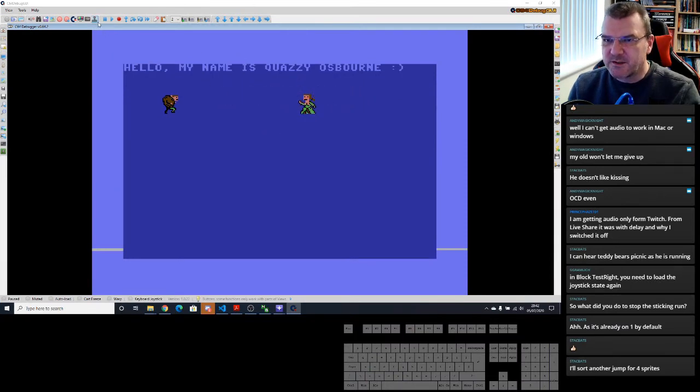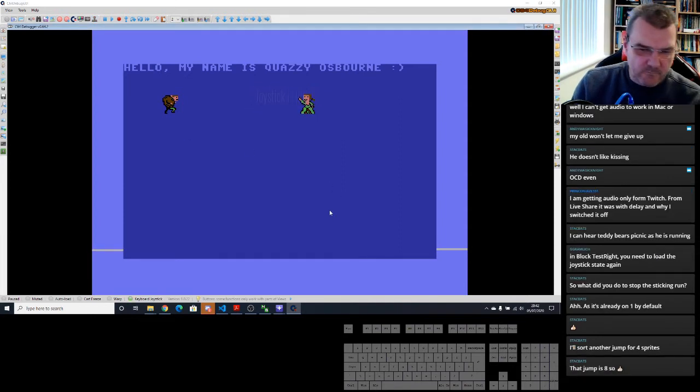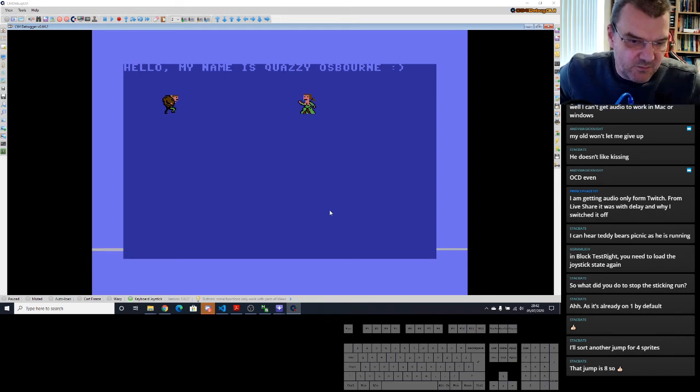Right, so we'll turn on joystick. Yeah. So if you make everything 8, it gives you better flexibility on making the animation a lot smoother, more defined also.